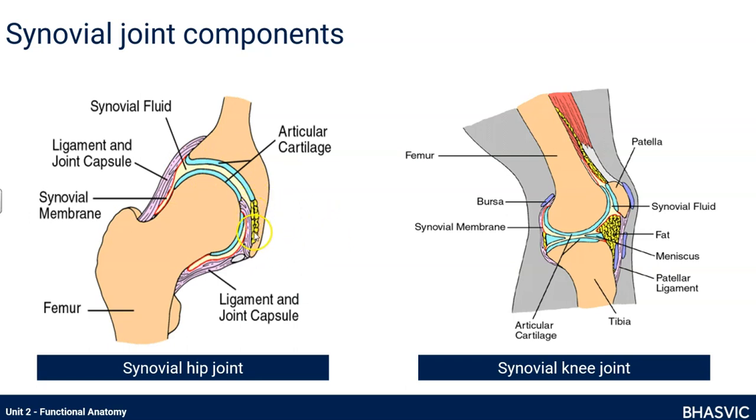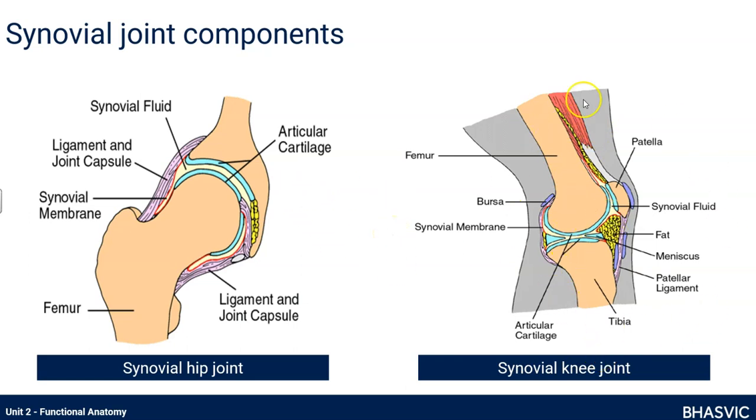And this is quite likely something like, actually it looks like it's fat. There's no bursa shown on here, but there is over here. So a bursa is a little sac that contains synovial fluid. It doesn't lubricate, but it cushions and pads and protects. Again, this is the same